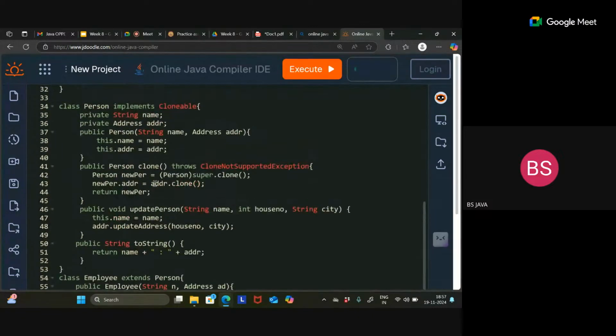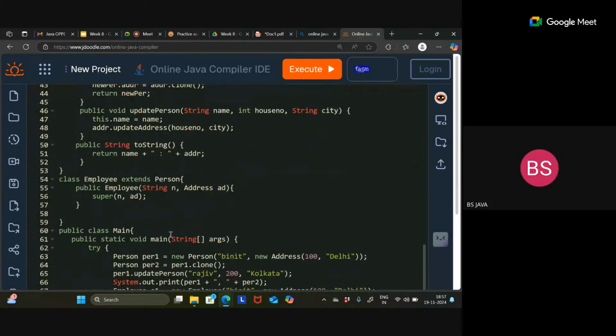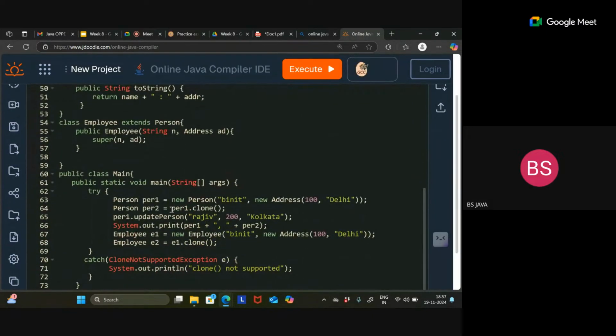Okay, let us make this Object, and here typecast it. The return type is Object, but I can assign it to